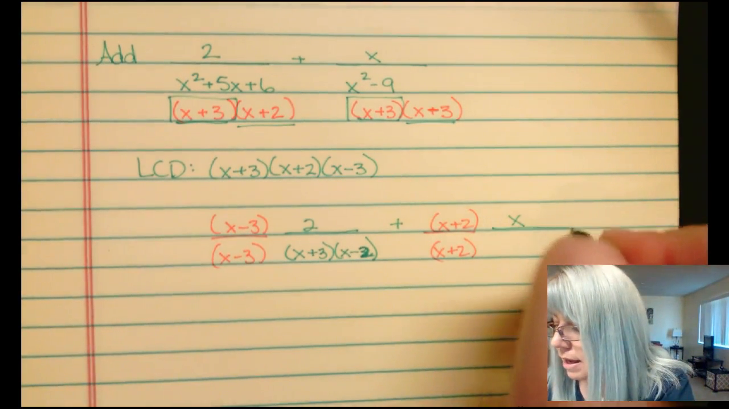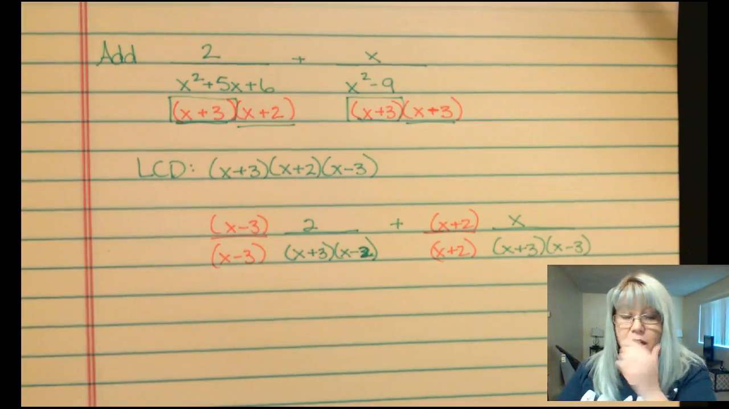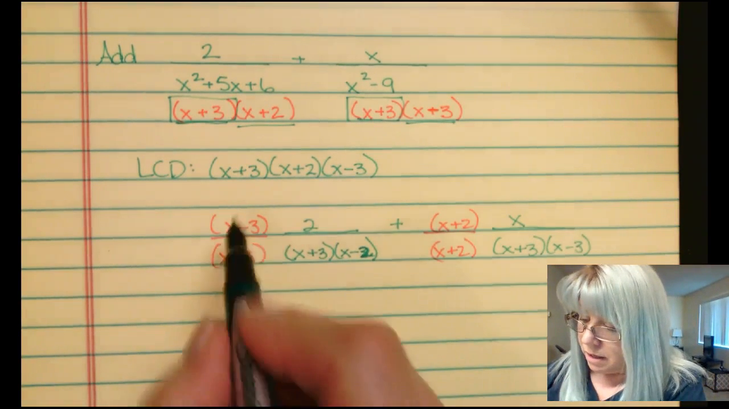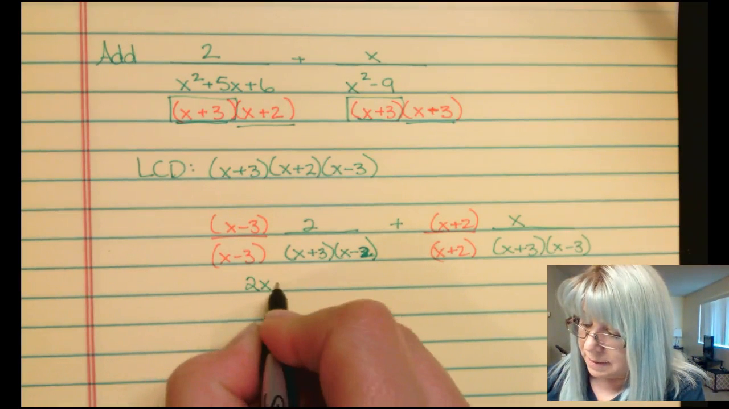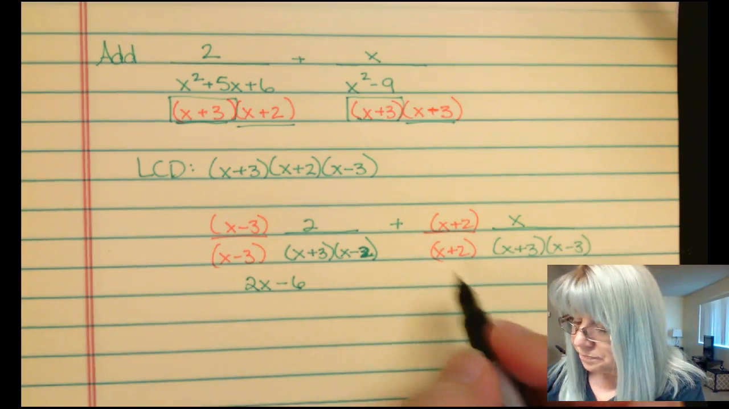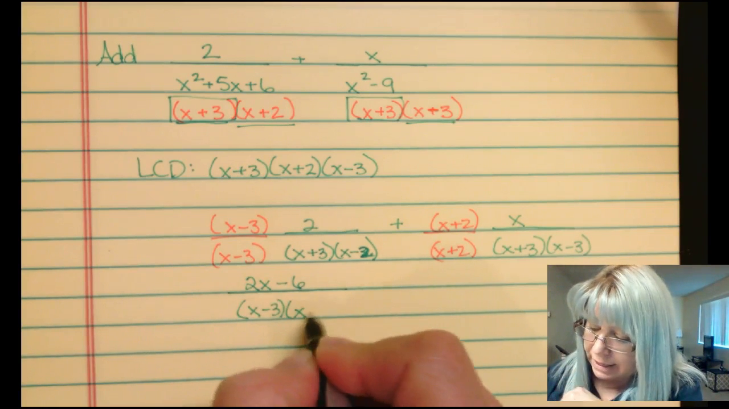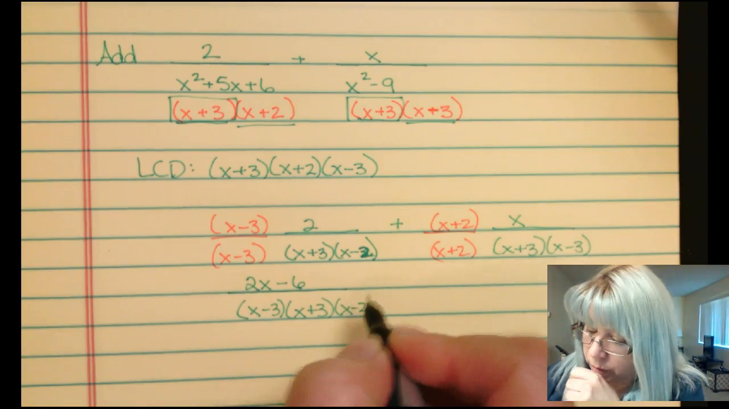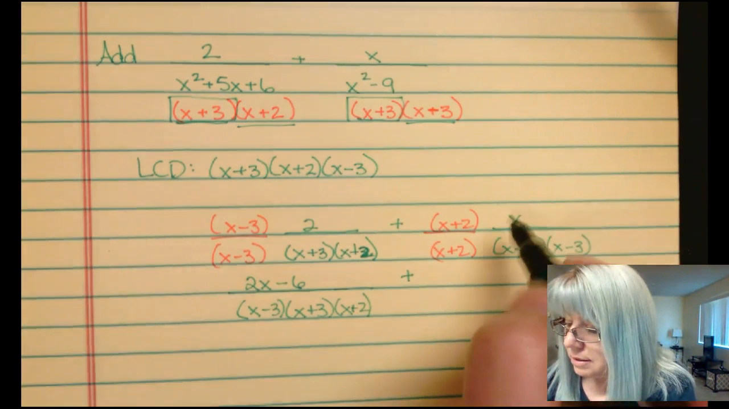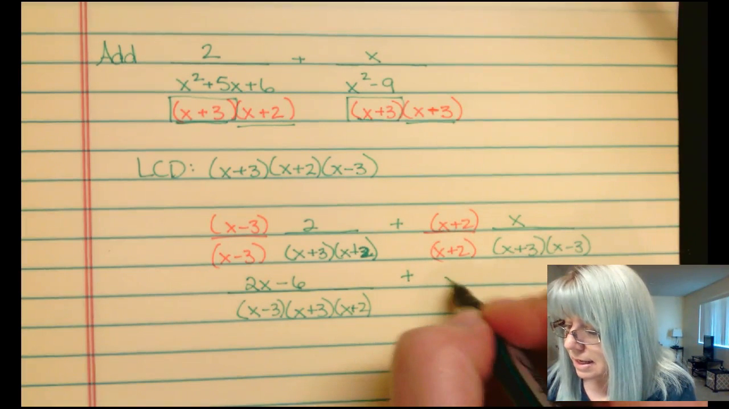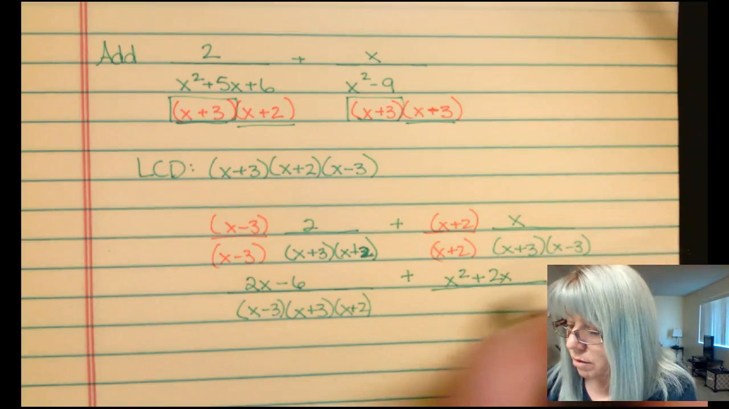We're going to multiply that by x plus 3, x minus 3. All right, almost there. Two times x minus 3 is going to be 2x minus 6. And I'll go ahead and do one more step here. x minus 3, x plus 3, x minus 2, plus 2, plus x times x is x squared, and x times 2 is 2x, all over